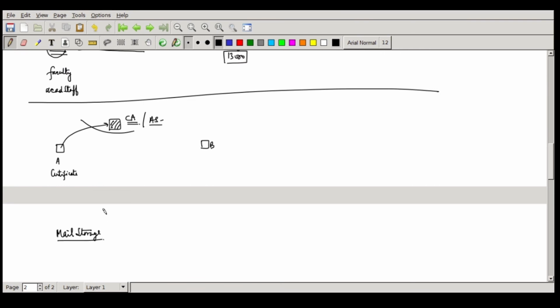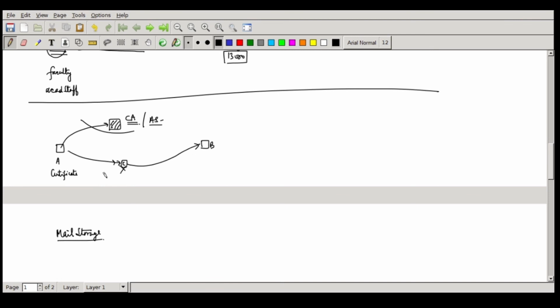Now, the important thing here is this mail storage. If you look at the DFS, the distributed file system we have done earlier, files are stored and replenished or moved around, but it's not a transient storage. In this case, A will send a message to C and it will be held with C till B receives the message. The moment B retrieves the message, this message can be removed from C. So it's only a transient storage. It's not a storage of the kind which was required in a file system, where we create a separate storage DST.